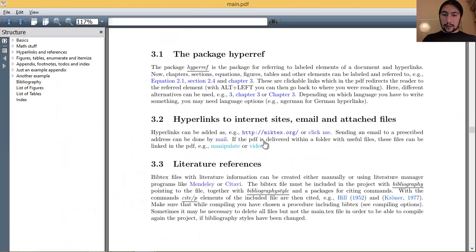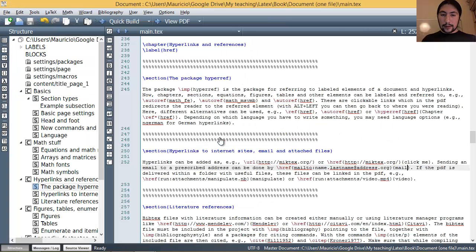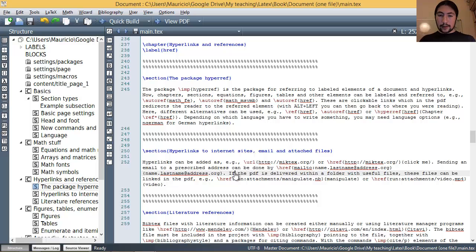But I think that's fairly clear. Okay, let's leave that that way. And now the third option is if the PDF is delivered within a folder with useful files, then